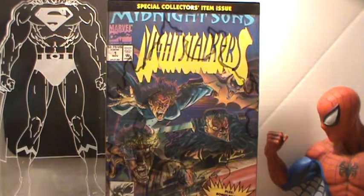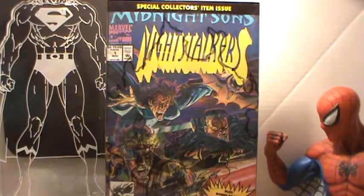So with that being said, that's one of the gimmicks that they tried to do with the comic book. I don't know if they made it better or worse, but they made some sales. Only sales, make it different. Then it came down to, okay, if you're putting it in a poly bag, to me that's okay, you're protecting the comic. I get that. You're putting art on the bag itself,